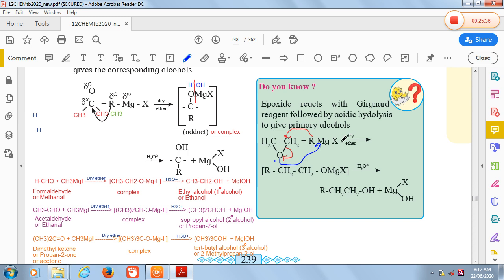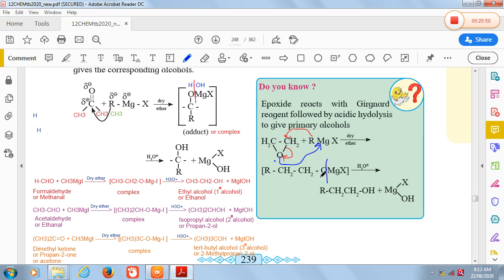So O becomes OMgX. So RCH2CH2OMgX is a complex, which on acid hydrolysis